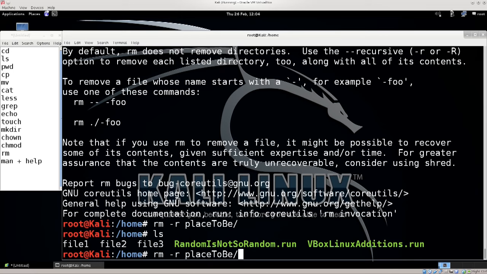The -f option that I have used is force. It will not ask you any questions. It will delete the folder or file, which can also be very dangerous. When you're using rm, you always want to be asked questions. In any case,